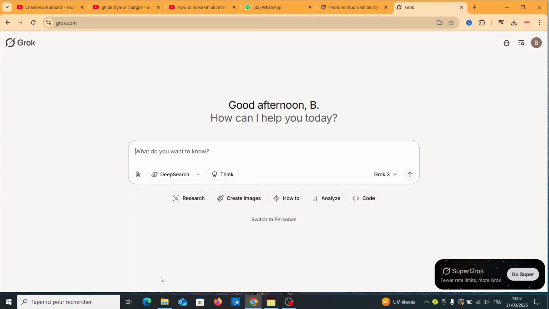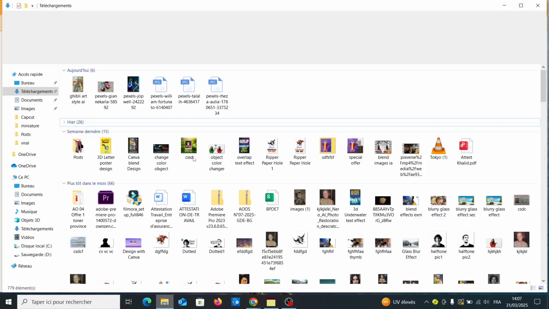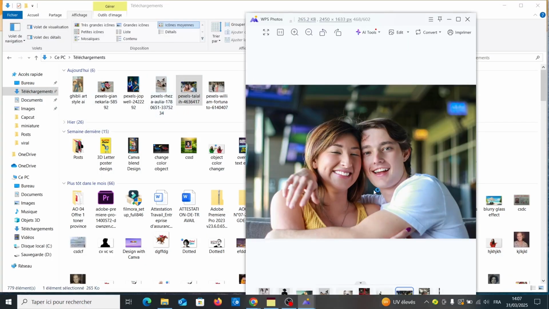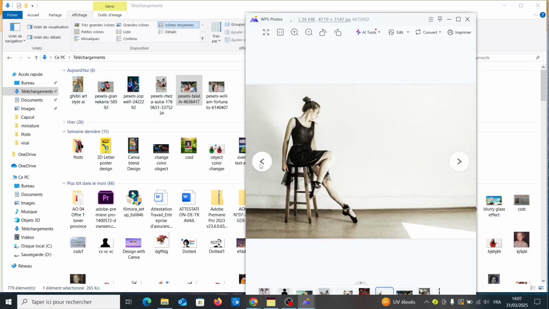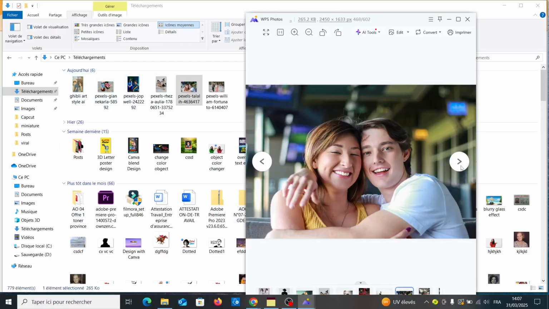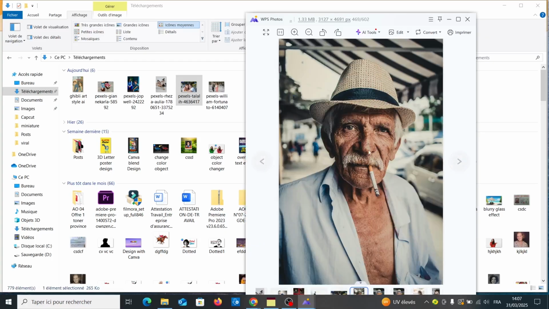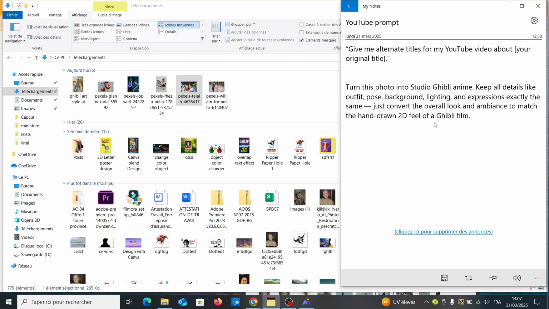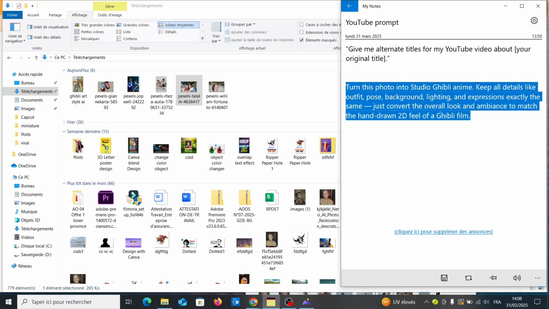So I will make Ghibli art for these photos, like this and this. So I have many photos to use, and this also. I will select just some photos. Then I will put a prompt in the description to use it. So I will use this prompt in ChatGPT. Make copy,